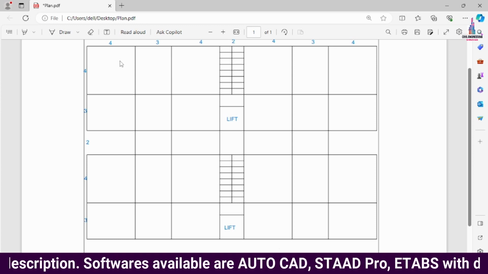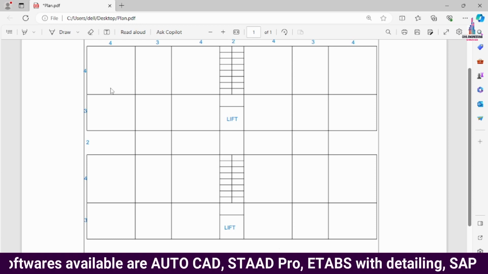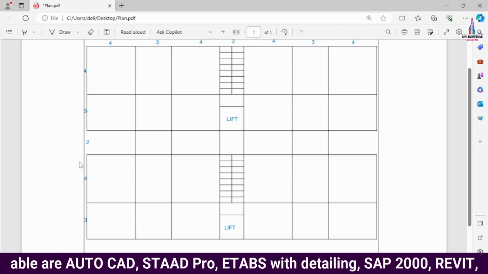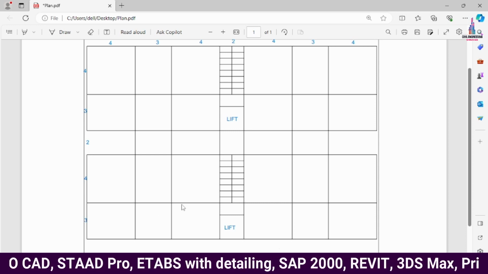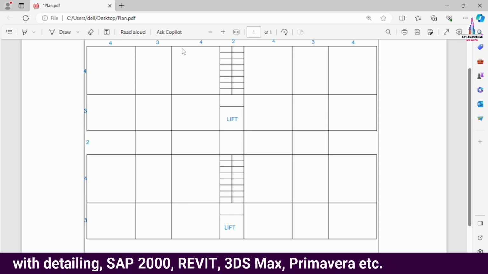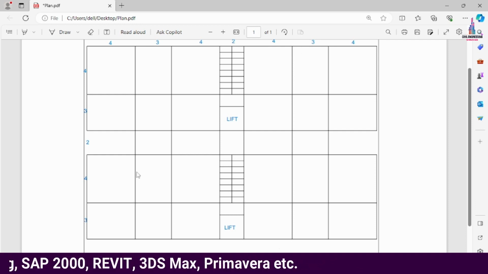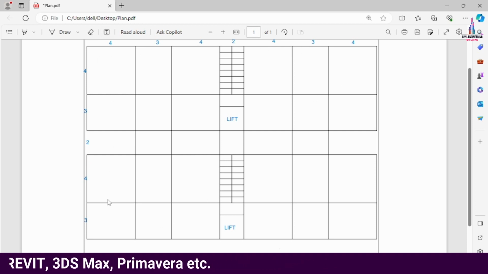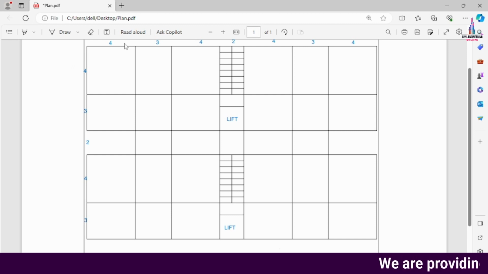Again, it will be approximately 14 meter plus 2 meter, which is 16 meters in the width direction. The number of bays in the horizontal direction will be 1, 2, 3, 4, 5, 6, 7 here. In the vertical direction, it will be 5 here. So this is the typical floor plan. In this video, I will cover how to design this particular building structural model by using STAAD Pro V8i software.